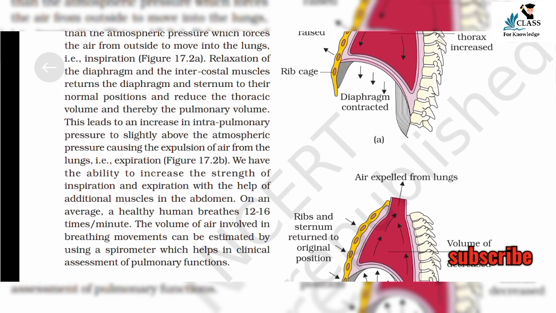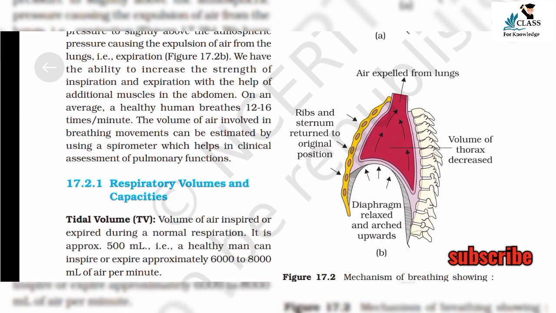and reduces the thoracic volume and thereby the pulmonary volume. This leads to an increase in intrapulmonary pressure to slightly above the atmospheric pressure, causing the expulsion of air from the lungs, that is expiration. Figure 17.2b. We have the ability to increase the strength of inspiration and expiration with the help of additional muscles